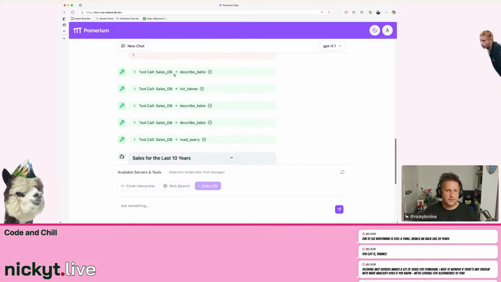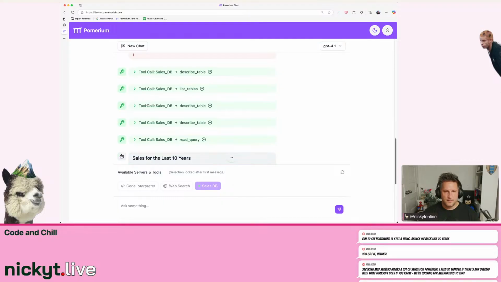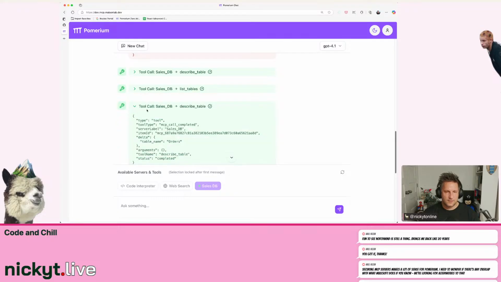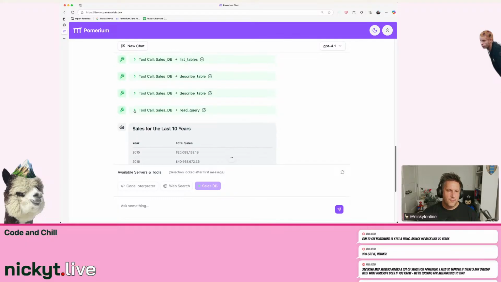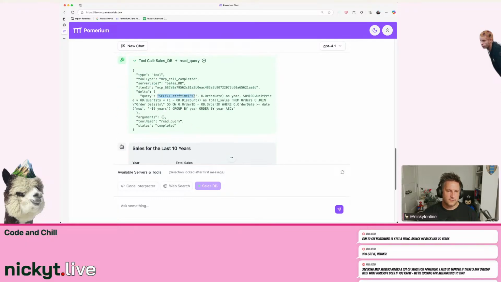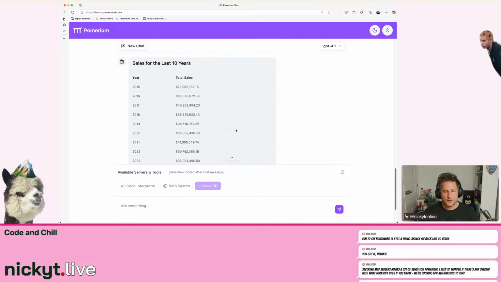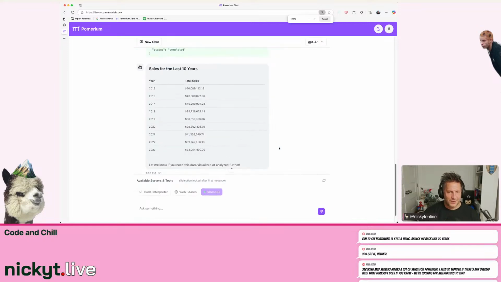So then it goes again and it's trying to figure out, oh, maybe I got the wrong table. So describe the table again. And it goes around and then it gets a list of the tables. And then it finds, okay, I got orders. So it found the right one. And then it finally makes the proper call. And then it does this SQL here. So we get the orders, and then I see the last 10 years. That's great. So this is obviously a demo database, like the MCP server, but the thing to convey here